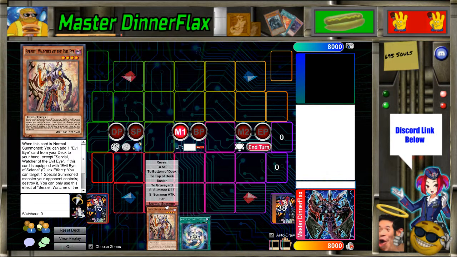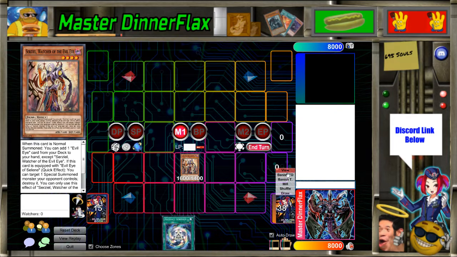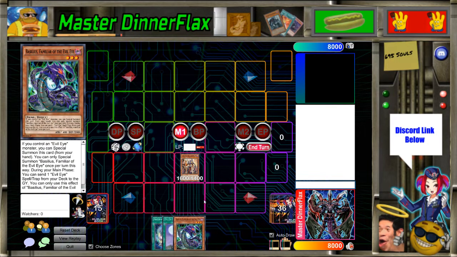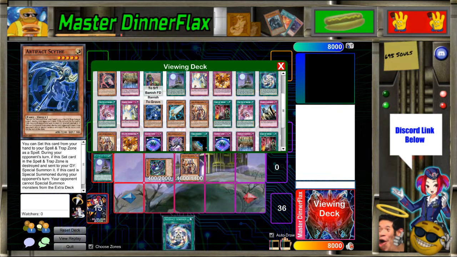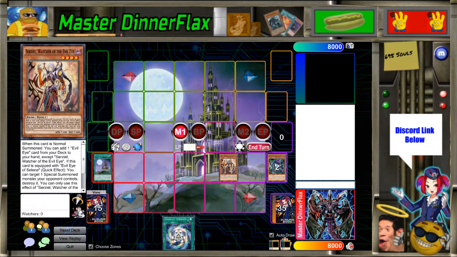So the Surgial can be Surgial, Terraforming, or the Field Spell. But the Ignition could be Ignition or MST. But we're going to summon Surgial to search the field, and the field is going to search Basilisk. So we got that. Then we're going to special summon Basilisk to send Evil Eye of Selene. We are then going to link summon into